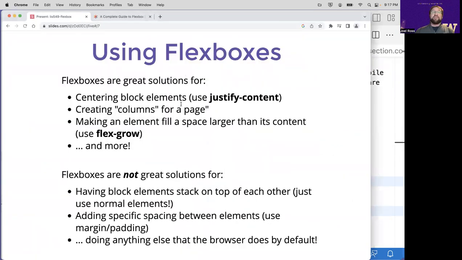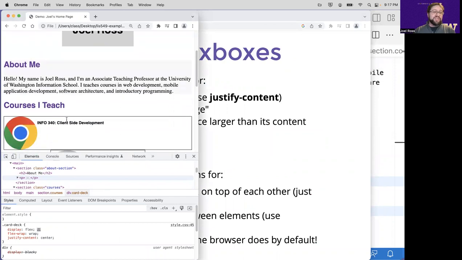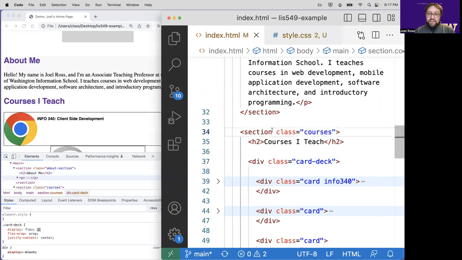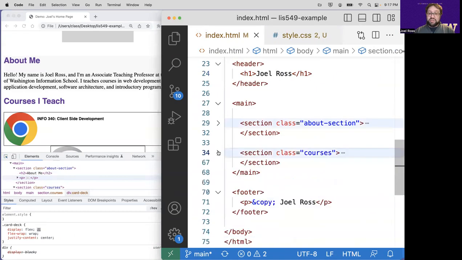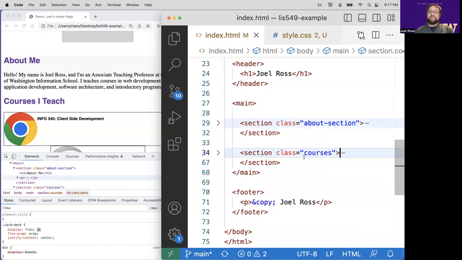So it's really good for centering block elements. Flexboxes are really good for making columns on a web page. So for example, I have my two different sections here, right? I've got my About Me section and my Courses I Teach section. These are both inside my main. I've got two sections. If I want those sections to be laid out not top to bottom, where I have section About on top of section Courses, if I want them to be laid out side by side,